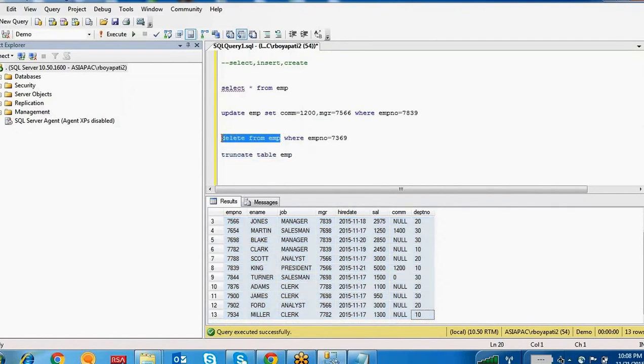So with delete also, for example, without writing a where condition, if you execute it, it will delete the entire data in the table. And if you write truncate table EMP, then this is also deleting the entire table. Then what is the difference between the delete statement and the truncate statement, right? So this delete statement